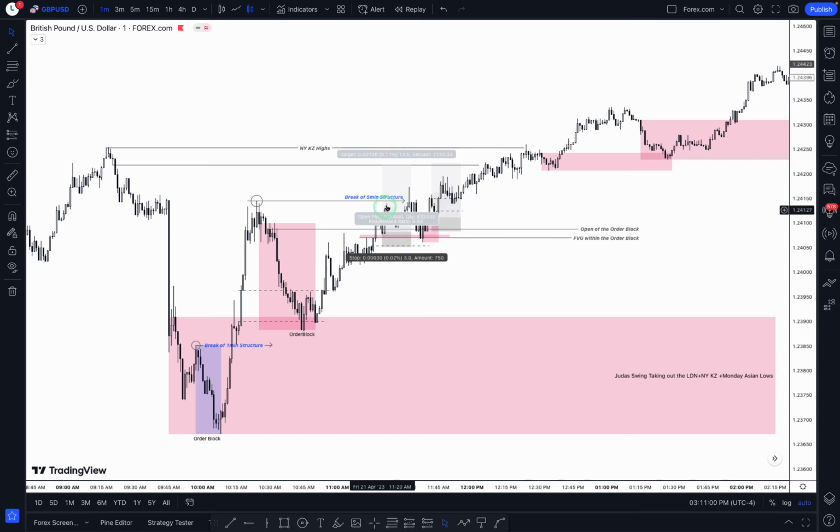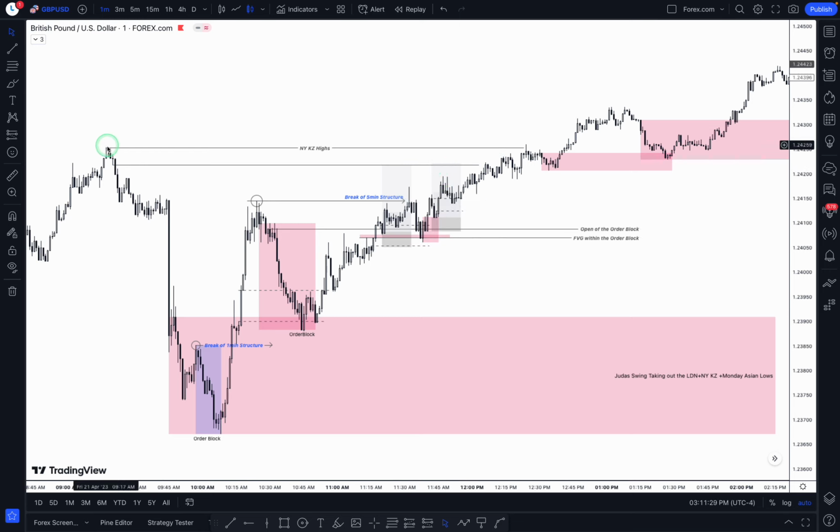However, we entered this trade quite early and price came down to fill in more fair value gaps below here. This gave us the opportunity to enter another trade into this fair value gap and this order block that was formed, and we were targeting this high specifically and also this fair value gap. We closed the trades on these levels.